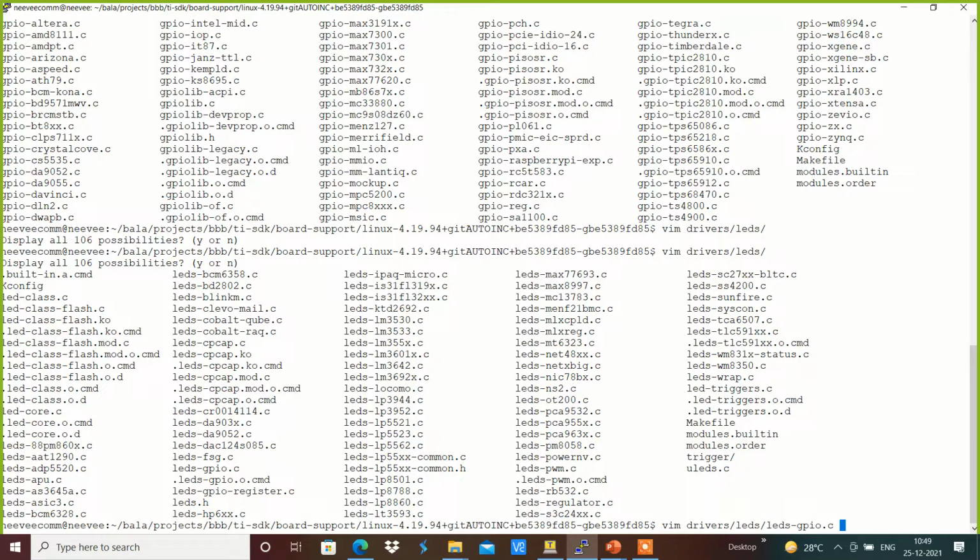This is the driver which is going to handle those device tree definitions.